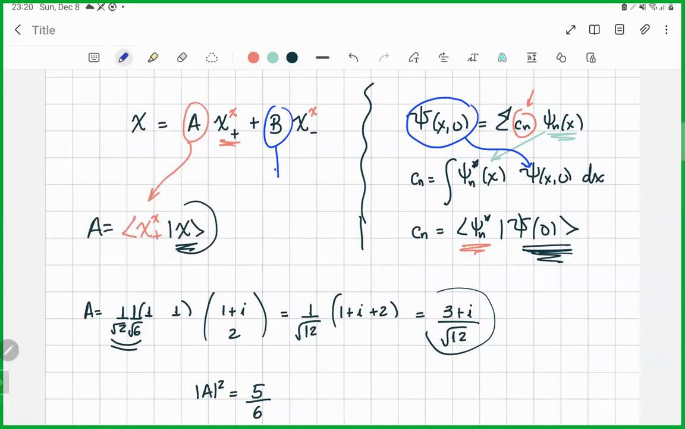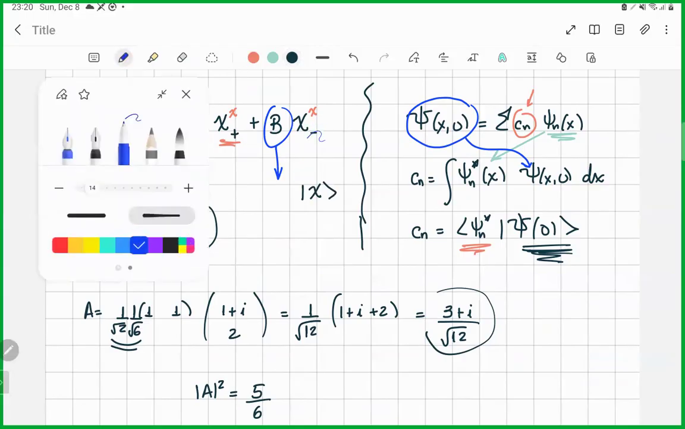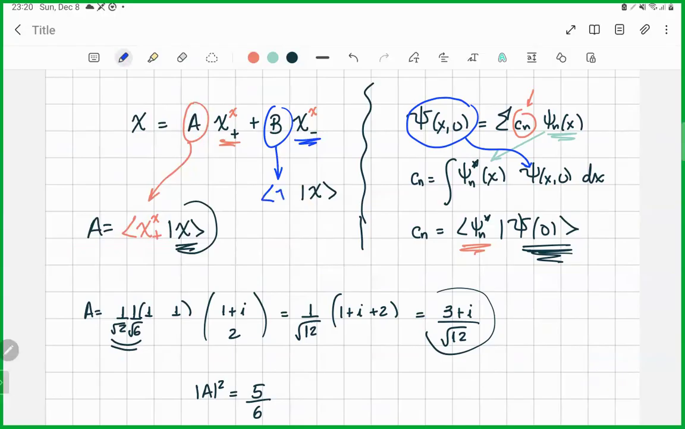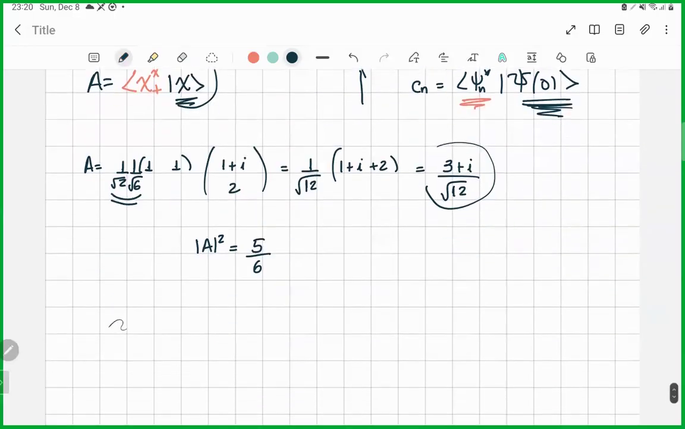How about B, the other coefficient? Same story. We are going to put the chi, and then in the bra we are going to put this vector. So I find it very straightforward, but as we said, you do what you prefer. So B is going to be